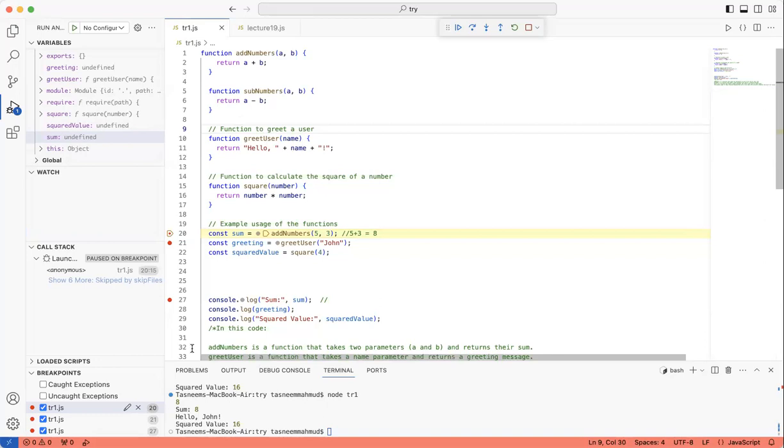All right. So as you can see over here as well, you can see all the breakpoints that you have marked. So line 20 has one, line 21 has one, line 27 has one. If you have a very big code and you want to check which lines have breakpoints, you can just check from here. Clear so far?